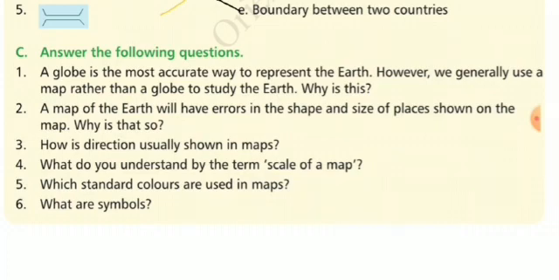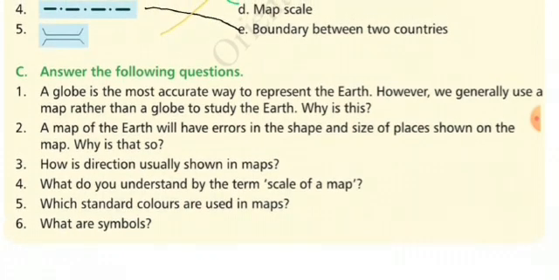Third one, how is direction usually shown in maps? Usually on a map, north is drawn at the top, so south is at the bottom, east is to the right and west is to the left.